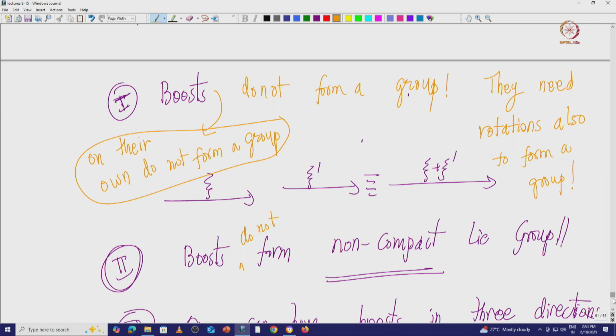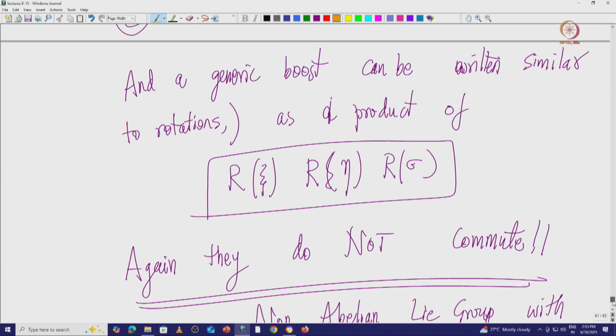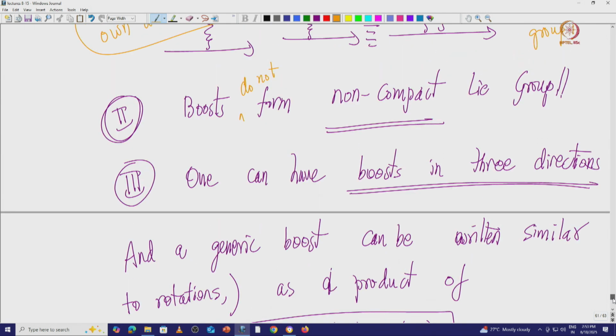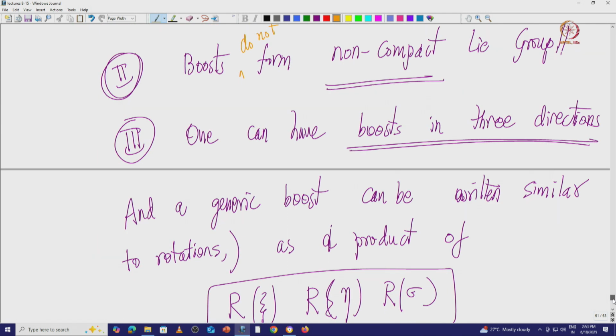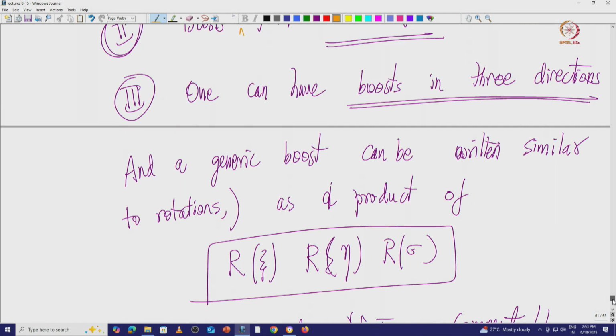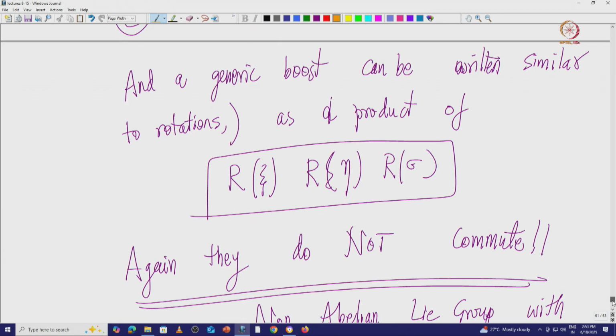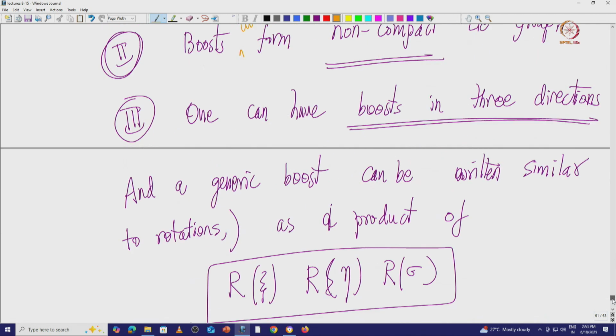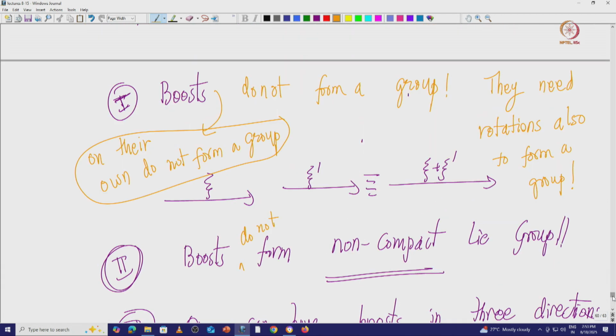So boosts themselves do not form a group, and of course they do not commute. One can have boosts in 3 directions, and the generic boost can be written similar to the language of rotations, but they don't actually form a group. But